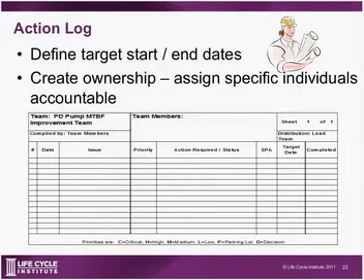This here is a very simple action log. It was created in Excel. There's software out there that's available where you can have email updates, and you can do everything from buy the Cadillac or buy the Pinto. The important part is to make sure you follow through and you get the completed dates checked off.